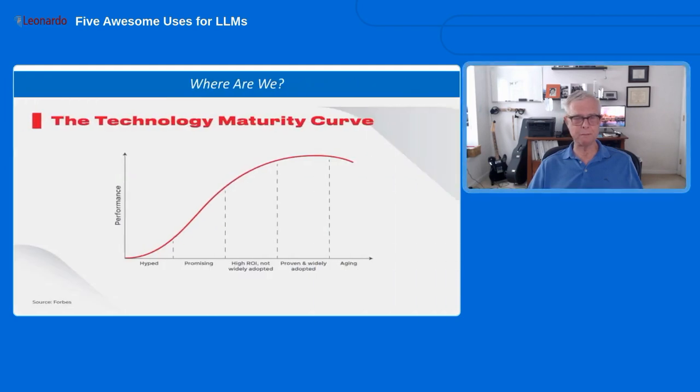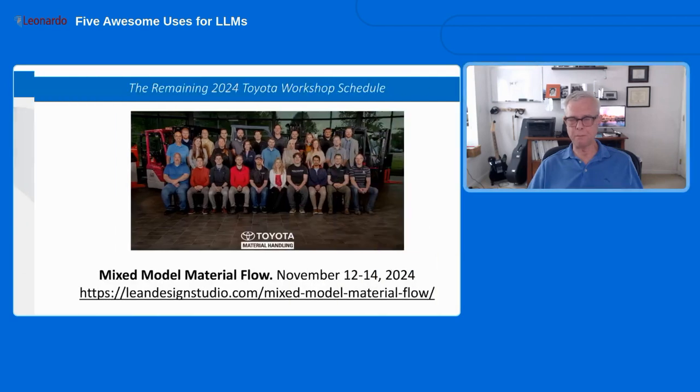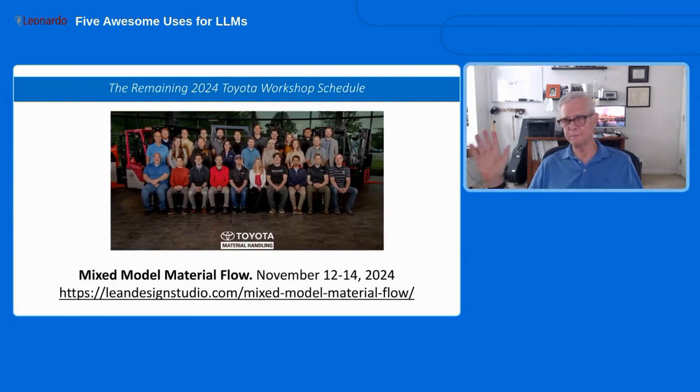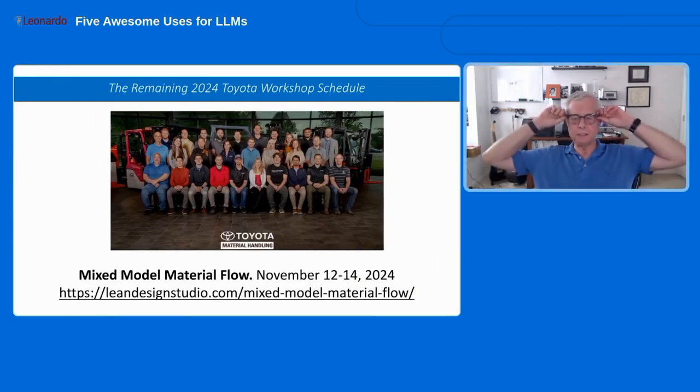For example, here's the maturity curve. So where are we now? Well, we're at level 1, right, out of 5. So we're probably down at the lower level here somewhere. But once it starts improving itself, then that curve is going to go up much more quickly, maybe even straight line, straight off. And again, I would say over the next few years. So you still need to be a subject matter expert.